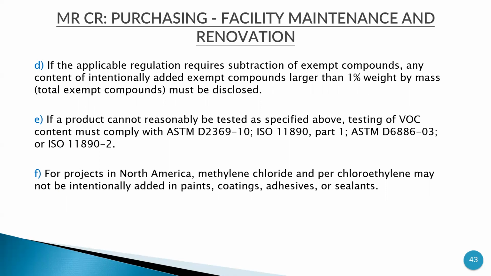If the applicable regulation requires subtraction of exempt compounds, any content of intentionally added exempt compounds larger than 1% by weight or mass must be disclosed. What is happening? If the applicable regulation requires a subtraction of exempt compounds, any content of intentionally added exempt compounds larger than 1% by mass must be disclosed. It means you need to declare very clearly what you have exempted, which is more than